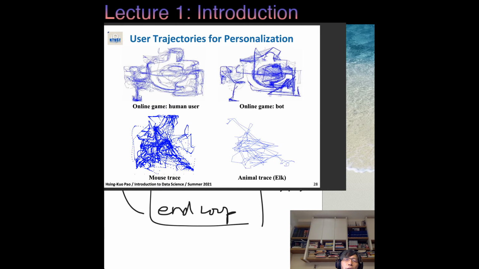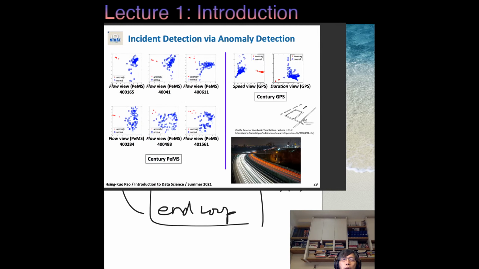And also we analyze the mouse traits from humans and also from animals, to see if they can give us different information. Okay, and also we analyze car driving paths, along with the traffic and the speed. Can we detect any kind of anomaly? Anomaly means there may be some kind of accident, who knows. Then the cars will slow down. Can we detect that? So that belongs to anomaly detection given the traffic data.